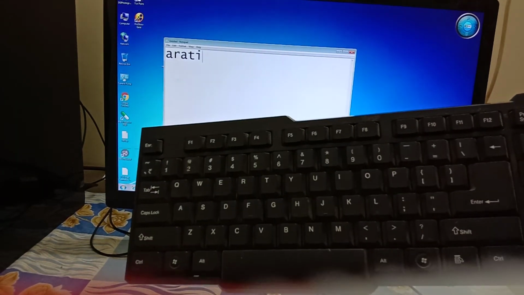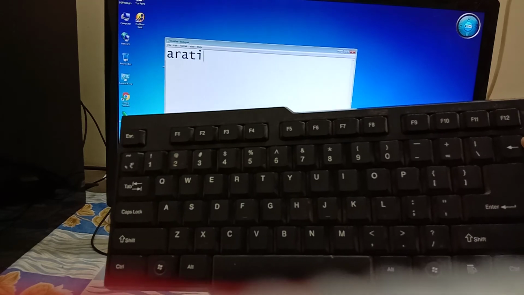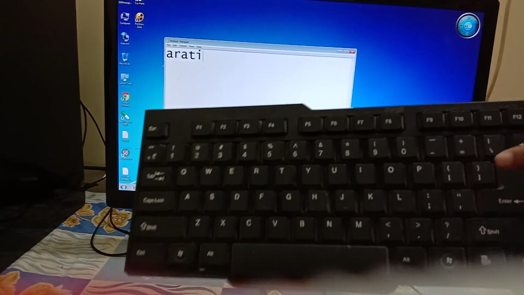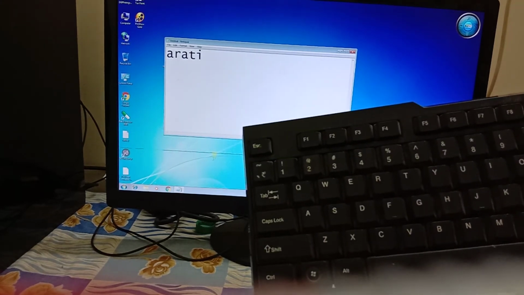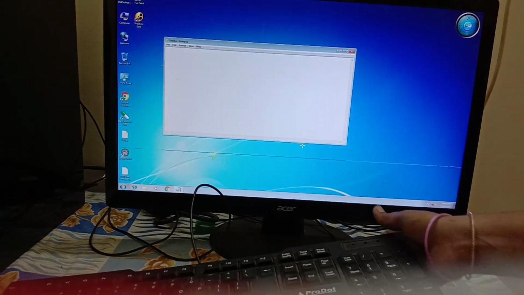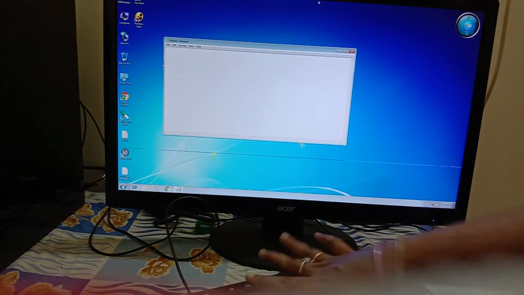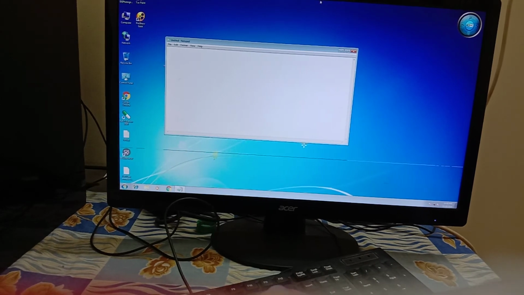Understanding, children? So this button is very important. If you want to erase any spelling, this backspace button is used. If you want to give a space in between, you can use this. So you all can type in this way your school name and your name. So the assignment is to type your name in notepad.